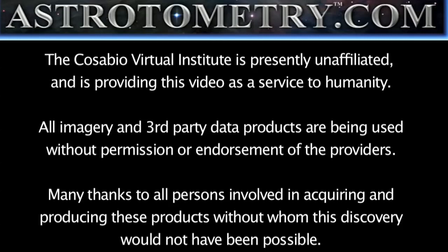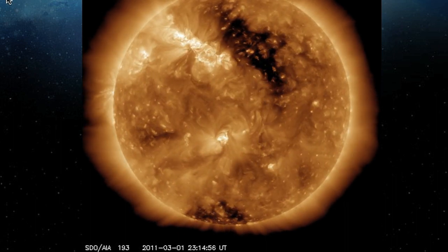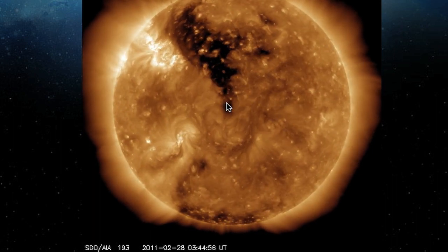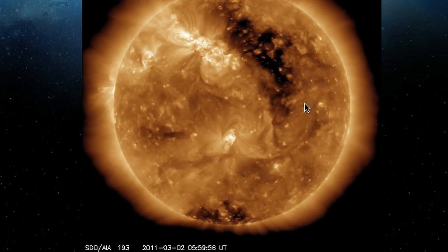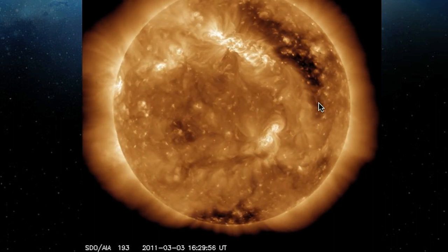Astrotometry log. It is March the 11th, 2011. It's approximately 2250 UTC at the time of this recording. This is a follow-up on the analysis of the earthquake that was forecast based on this coronal hole. And I wanted to go ahead and align the changes in the coronal hole with the events that we've seen